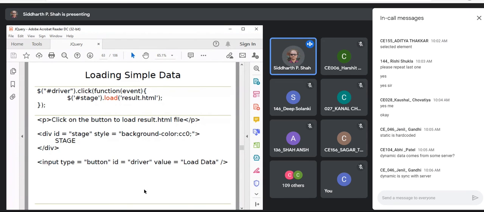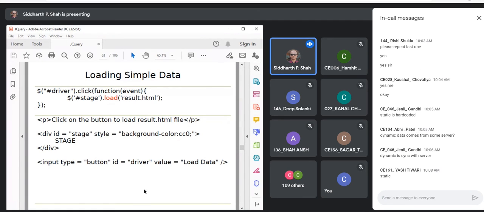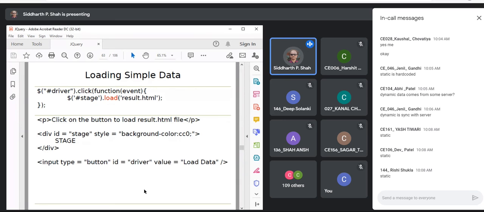So what will this do? What kind of data is it loading? Static data, because it is a simple HTML file.